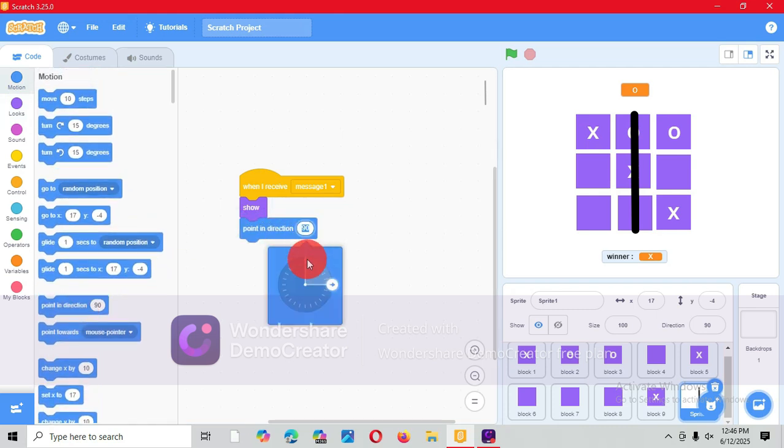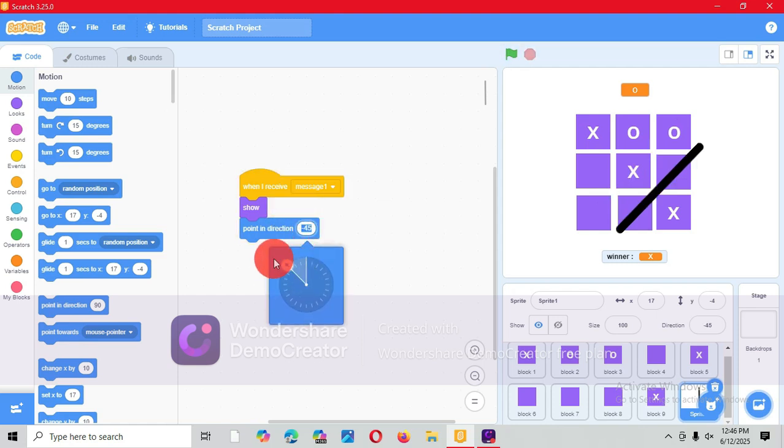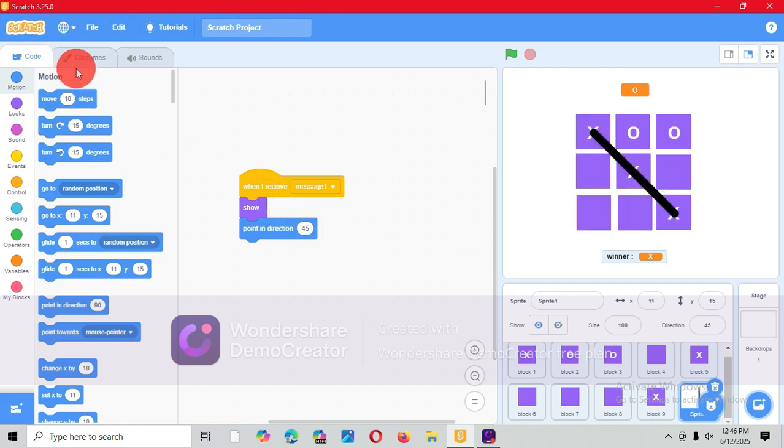We go right here and we'll just set it like that. So when it will point in direction like that, and it should go right here. So we'll go to our costumes,